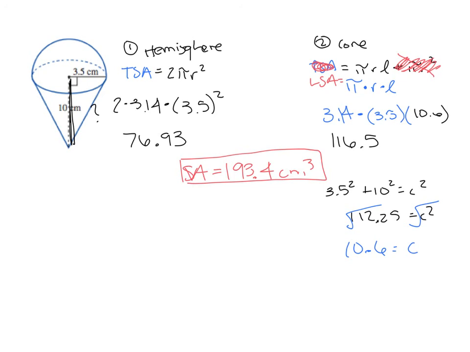All right, now let's look for volume. We're going to do both for this one, okay? So now let's do volume. So let's write those formulas down first. All right, so here are our formulas. This one is for the hemisphere, and this one here is for the cone. We're finding volume, so we don't have to cut anything in half in this case. So for the hemisphere, 2/3 times 3.14 times the radius, which is 3.5, and we're going to cube that radius. So we get